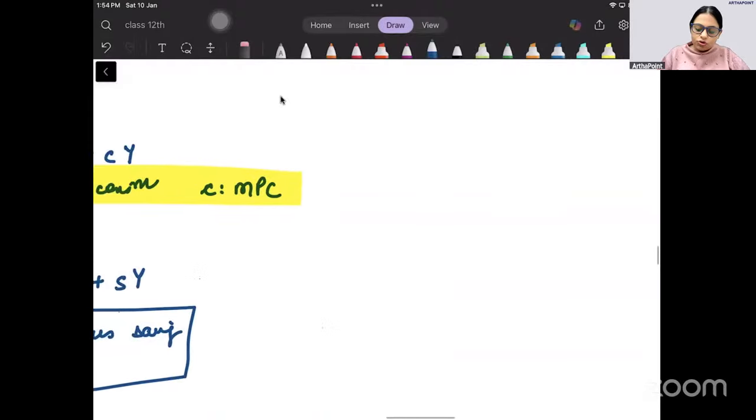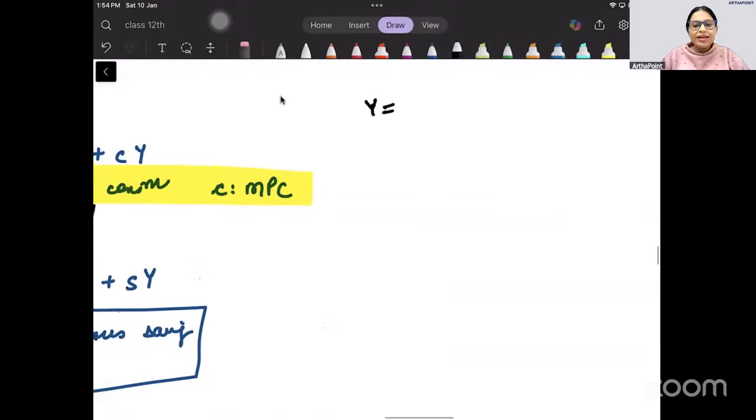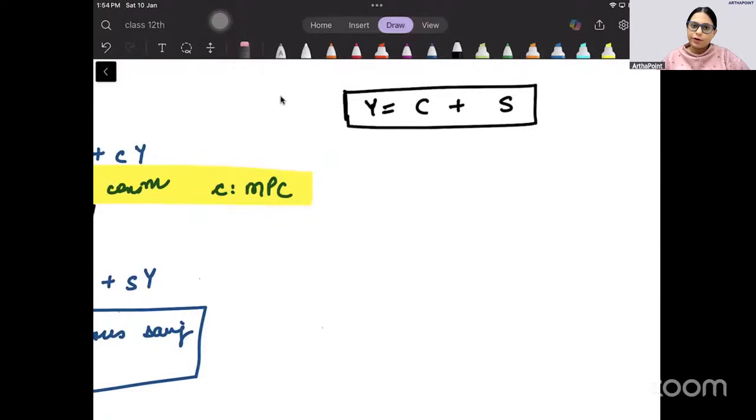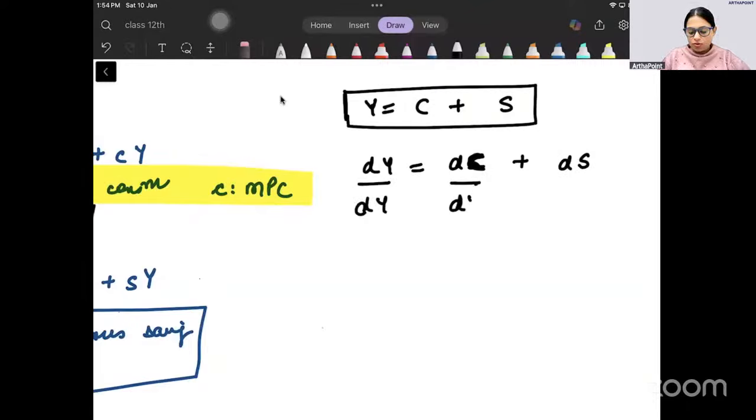Look, income can either be consumed or saved. Only two things can happen: either income will be consumed or it will be saved. Okay? So if I differentiate throughout, I will get dy is equal to dc plus ds. And if I divide by dy throughout, I will get 1 is equal to mpc plus mps,